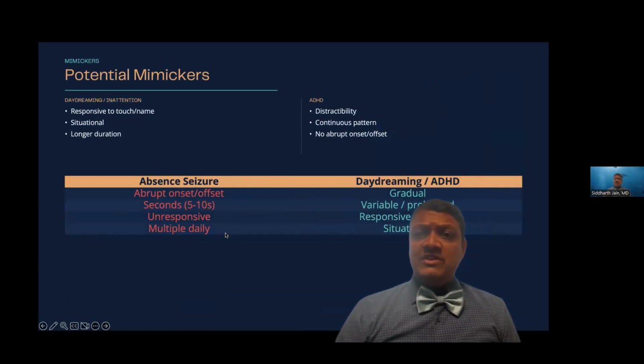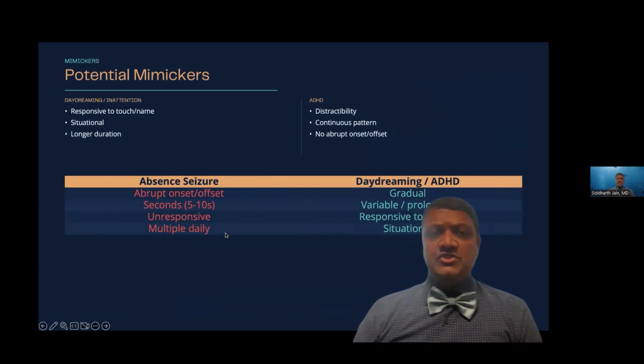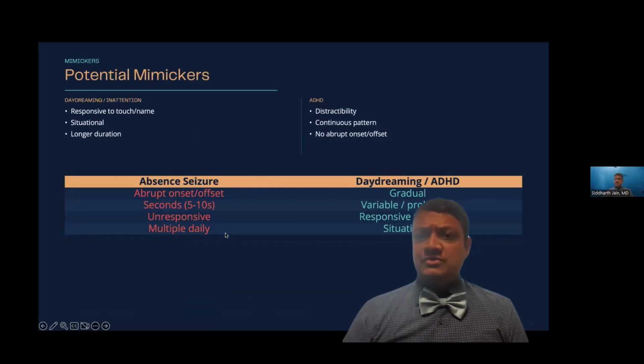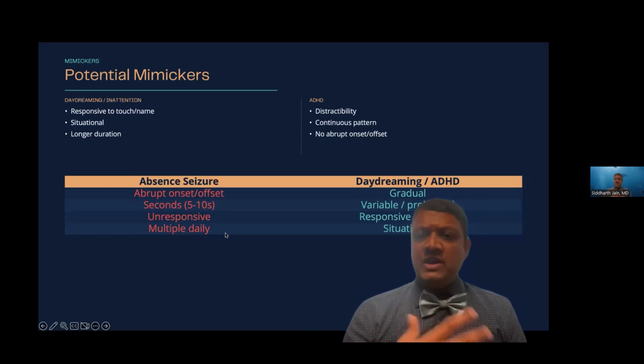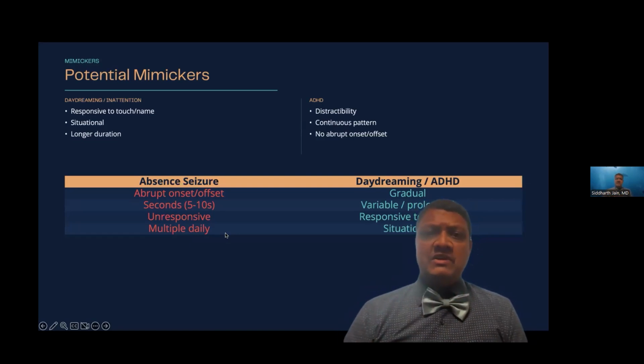Is it just normal daydreaming, complex partial seizures, or absence seizures? So absence seizures are brief, frequent, and can be provoked by hyperventilation. And that's key because that's a test that can be done right in the office. We frequently use a pinwheel and we'll ask the child to hyperventilate for 2 to 3 minutes. And if we can reproduce the symptoms, and we'll see a clear behavioral arrest and sometimes some automatisms, that frequently